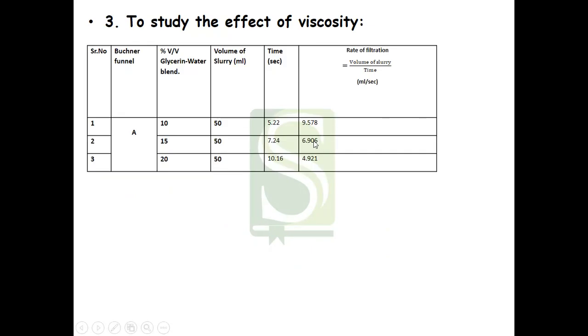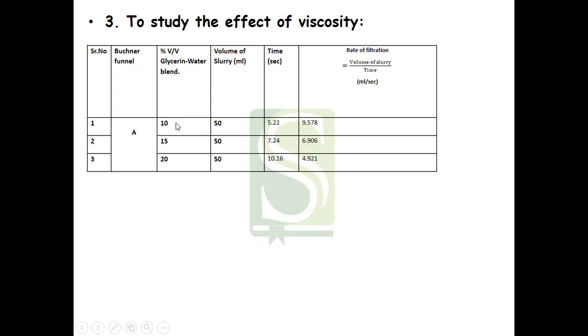Okay, so we prepared a blend of glycerine and water which was of 10% volume by volume, 15% volume by volume and 20% volume by volume. We used a single funnel for that, right? Every time, we prepared a 5% slurry of calcium carbonate in this glycerine and water blend. So that 50 ml suspension, we passed it through the funnel, through the filter medium, and we calculated